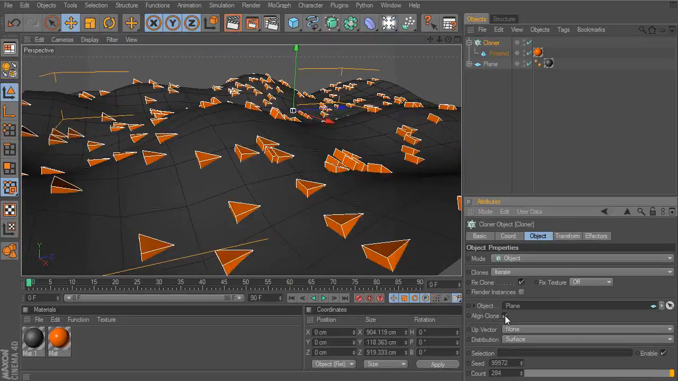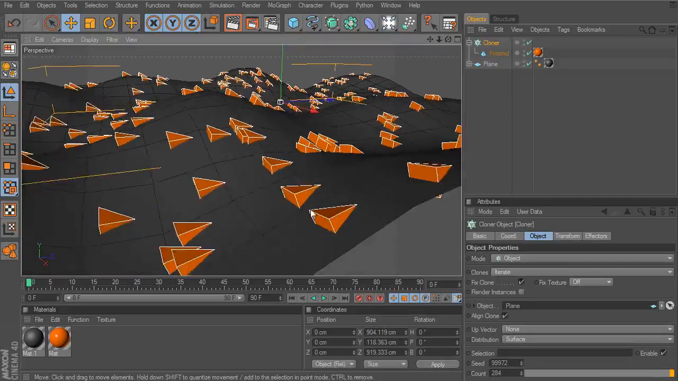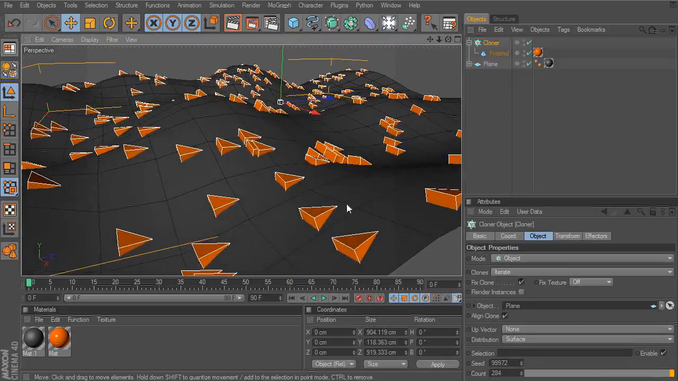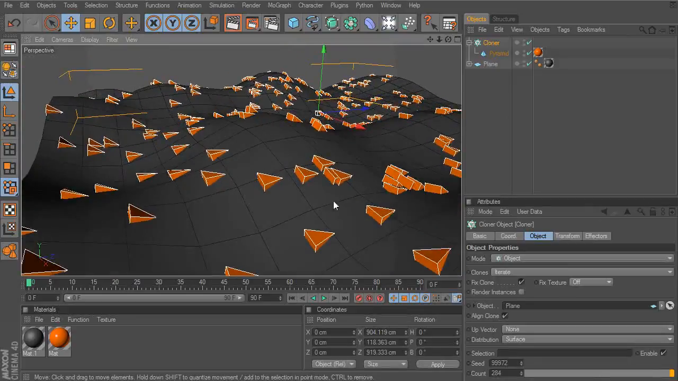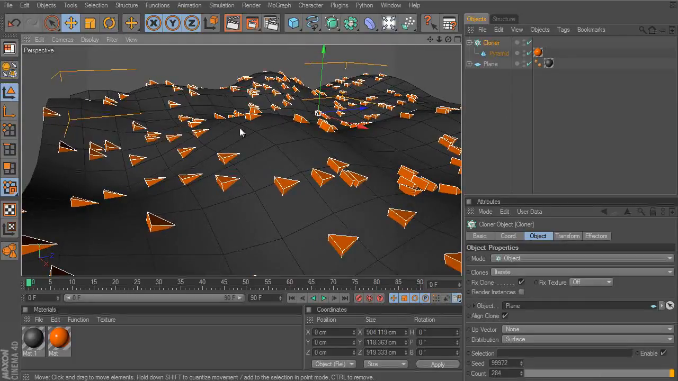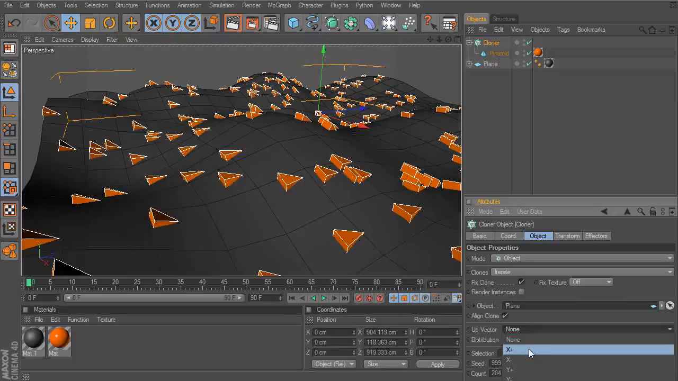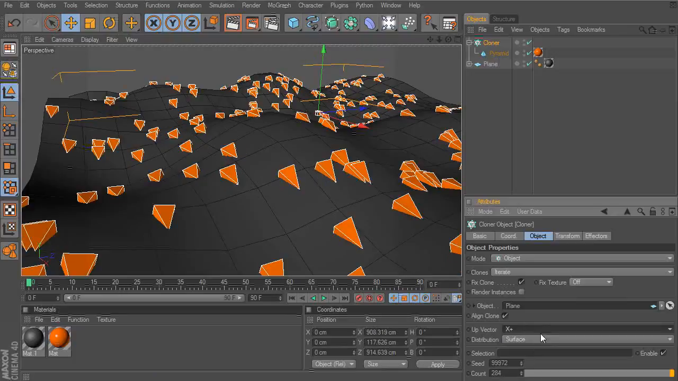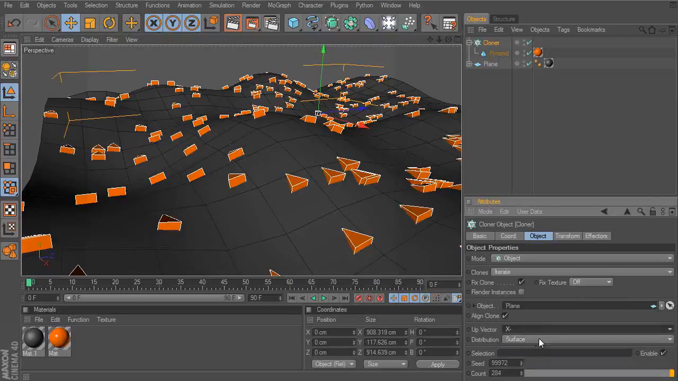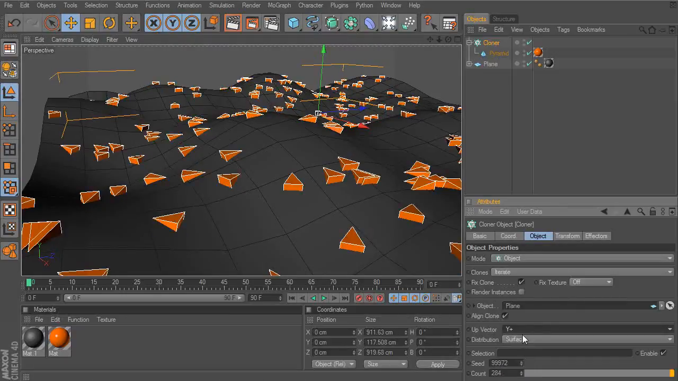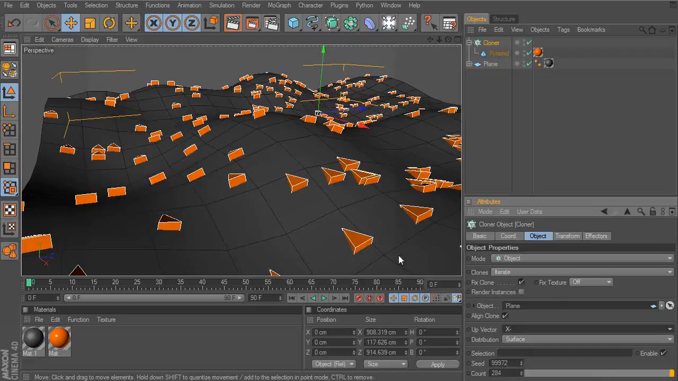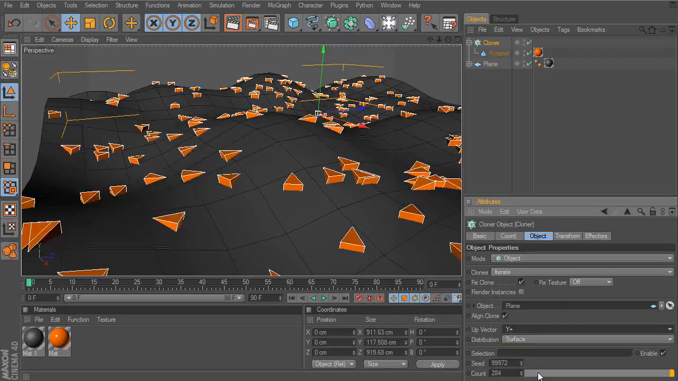Now, if I turn my alignment back on, let's say maybe we have these clones that are pointing in a certain direction, but really we don't like that. We want them to maybe point upward. Well, we can come in here and choose a different up vector, and try to adjust that until we find something that we like. Now, we might find ourselves in a situation where really none of these work. And in my case, if I wanted these pyramids to all point upward, really nothing that I choose is going